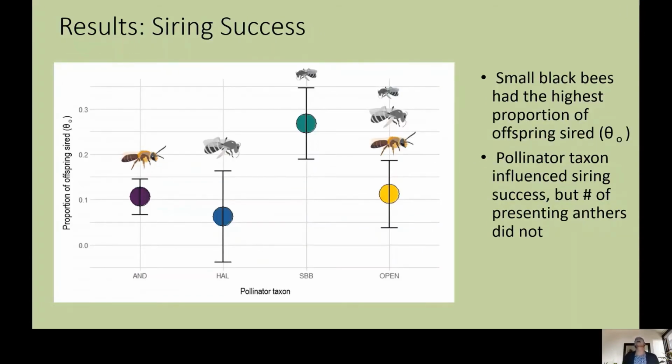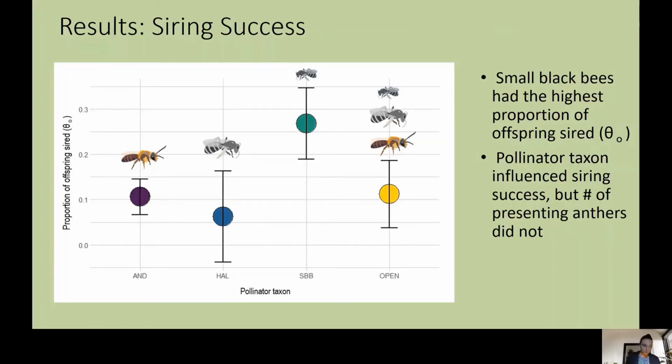So we ran our results through MasterBayes to pair up offspring and their most likely paternal candidate, but we can also run a model in MasterBayes using different predicting factors to see how well different factors predict paternity. So in our model, we used our different pollinator groups and the number of anthers presenting on a given day as our predicting factors. So we got an output value that essentially represents the proportion of offspring sired by that